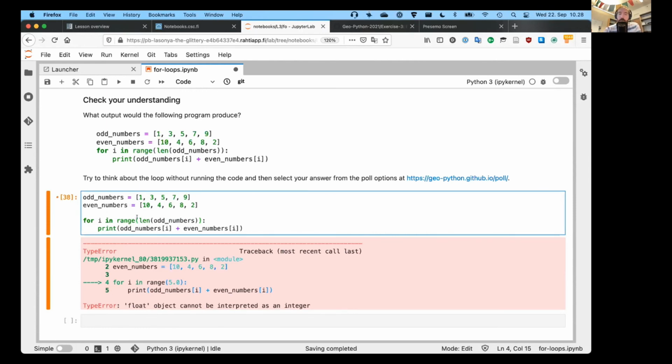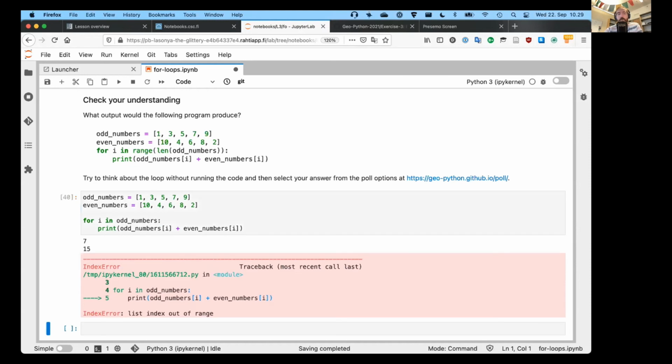Now, perhaps you're wondering, well, if we have a list to begin with and a list that gets returned, why do we even need to bother with this range function at all? Why not just for i in odd numbers? In terms of the syntax, this actually will work. For i in odd numbers, you can do things with that. Now, the code won't work. It's going to bail out here at a certain point. But this starts out in a way that it appears to work when you do for i in odd numbers,